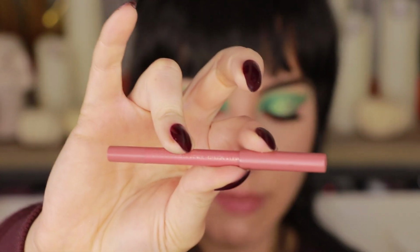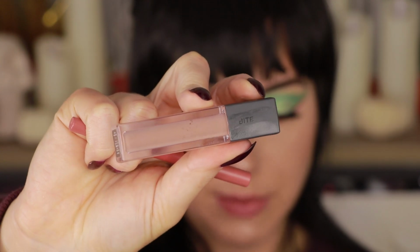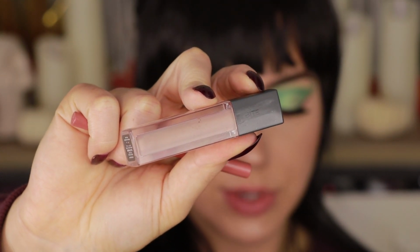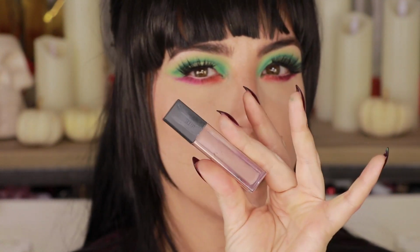I do want to pair this look with a glossy nude, a lot like the last look, but this time around, I want it to be a little bit more structured, and I want it to be glossy just in the center, very, very pale. So what I'm gonna do is line my lips with the NABLA lip pencil in the color Rosy Magnolia. And then just in the center, I'm gonna put some of the Bite Beauty French Press Lip Gloss in the color Flat White. This one is way too pale for my lips just by itself, but as a center highlight,